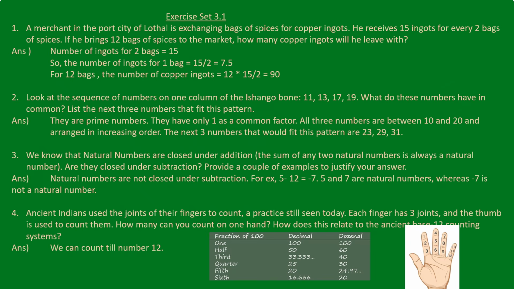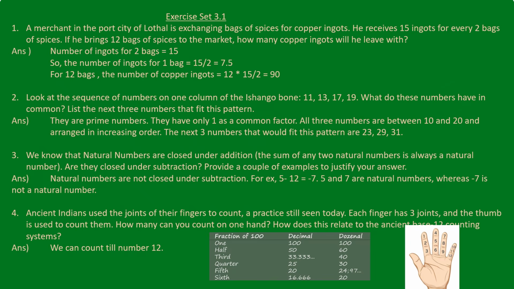If he brings 12 bags of spices to the market, how many copper ingots will he leave with? There are 12 bags. We have already seen the value of 1 bag, which is 7.5 ingots. So for 12, just multiply it by 12 to get 90 copper ingots for the 12 bags of spices that he has carried. Sum number 2, look at the sequence of the numbers on one column of the Ishango bone: